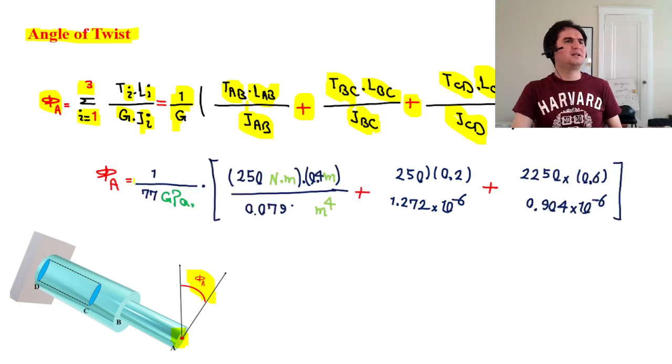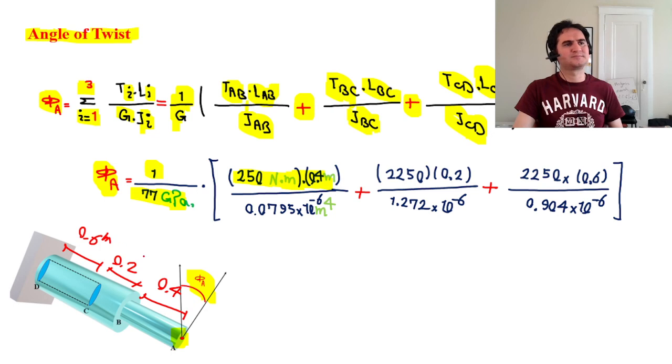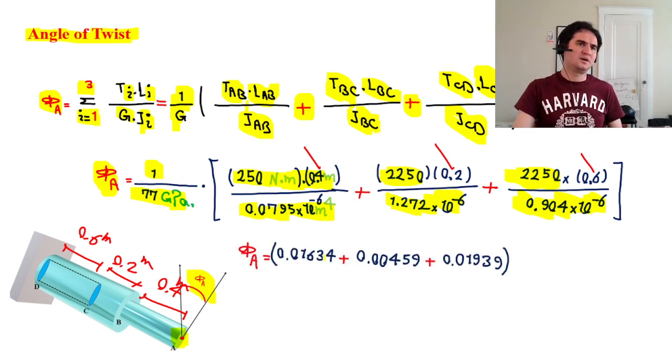If we replace the numeric values, phi A is 1 over G, 77 gigapascal, times the torsion of AB, which is provided from the free body diagram, times the length of each part, which is provided as 0.4 meter, this is 0.2 meter, and this is 0.6 meters, over J. We calculated the torsion from the free body diagram and the polar moment of inertia in the previous step for each section, and if you replace and add them up together, it gives you